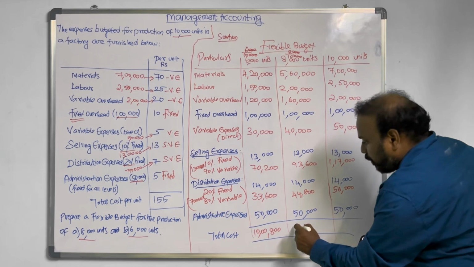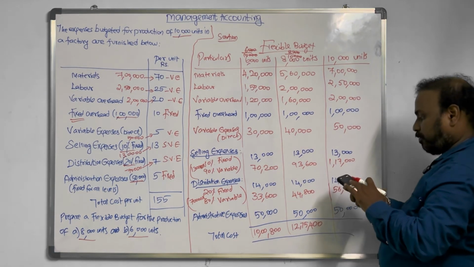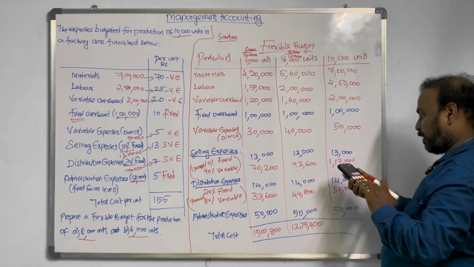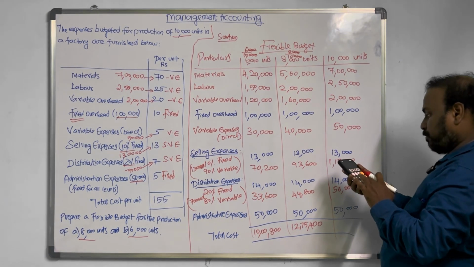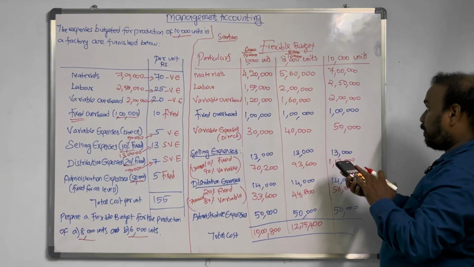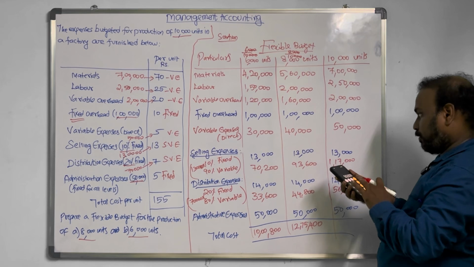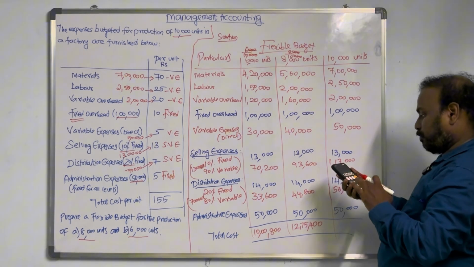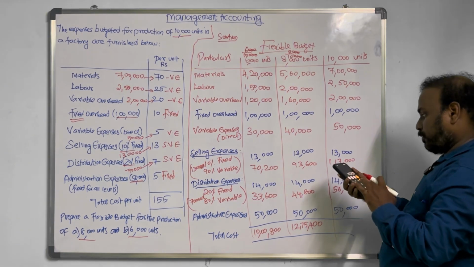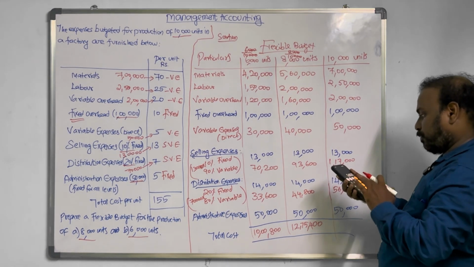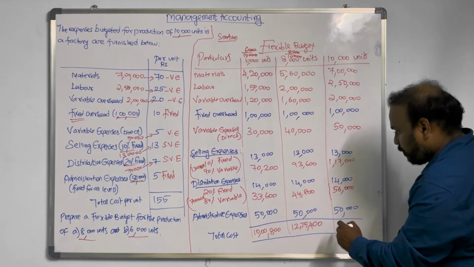We are getting 12,75,400. Then for 10,000 units, 7 lakh plus 2,50,000 plus 2 lakh plus 1 lakh plus 50,000 plus 13,000 plus 1,17,000 plus 14,000 plus 56,000 plus 50,000. You are getting